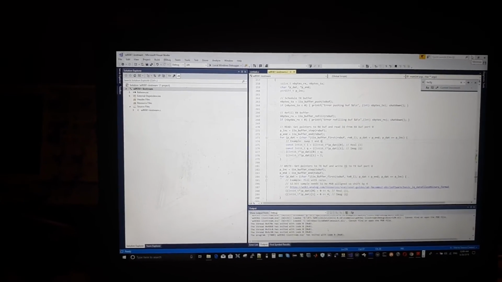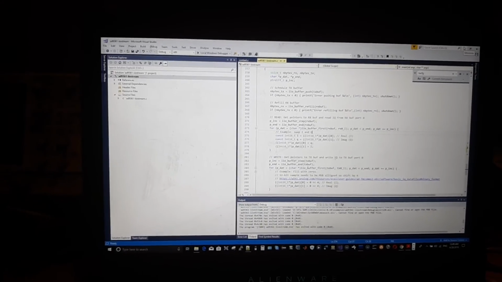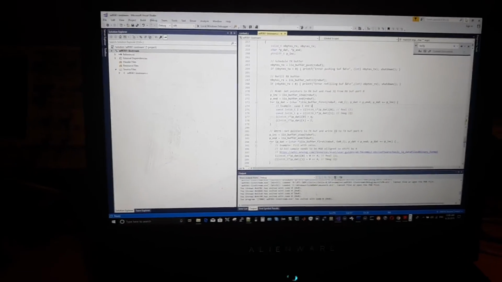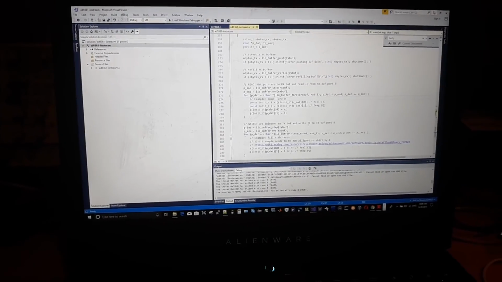Anyways, and it runs on Linux. Okay, well, that's about it. That's all there is, and if I find